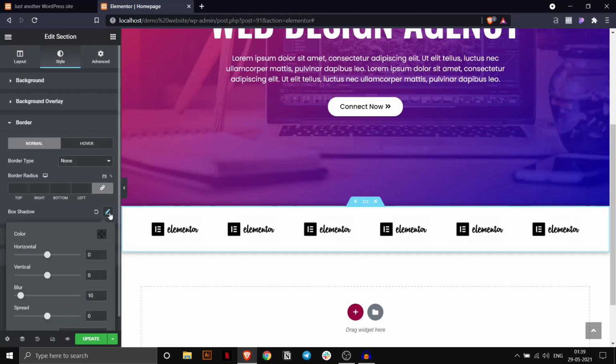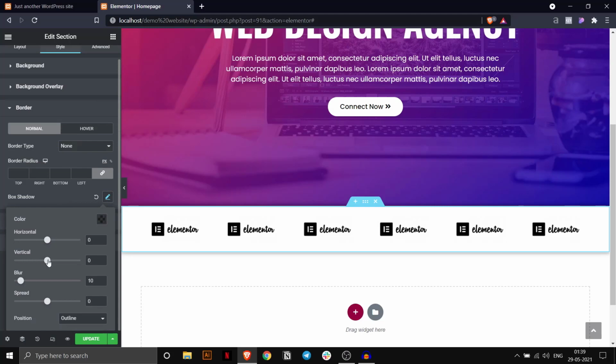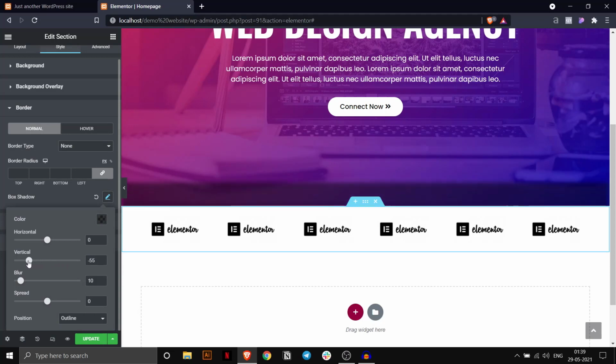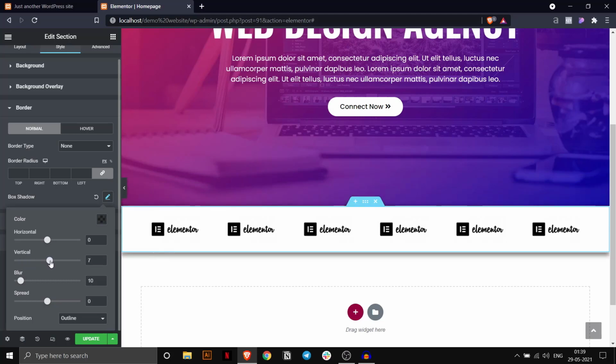So if you click on this pencil icon, you see we have a shadow right here, but we have the shadow on the top as well and we don't want it. So we will change the vertical position of this shadow, and if we drag the slider it will bring down the shadow, and if we drag the slider on the left side it will move the shadow upwards. So let's drag it towards right a bit. So we have the shadow now on the bottom,